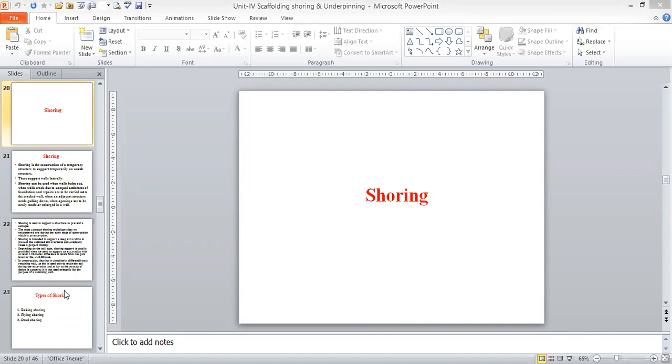Cracks are going to develop in the existing structure, so the engineer has to go for repair works. The cracks are one of the indications. Then we have to provide support in the form of shoring. I hope you understand what is meant by shoring.